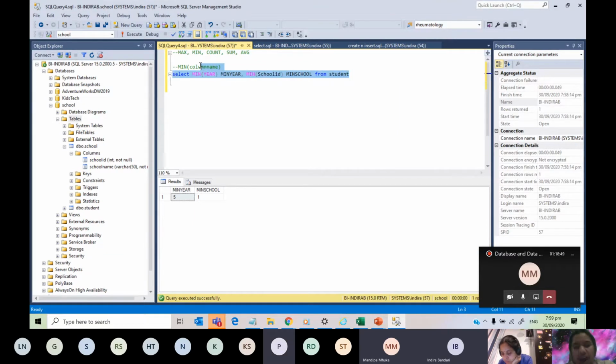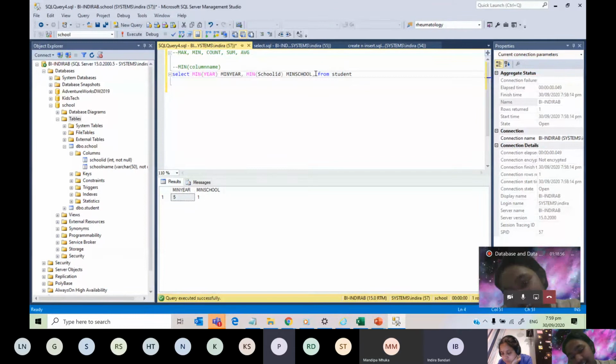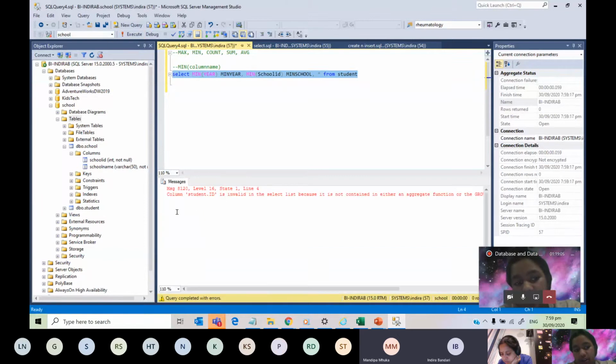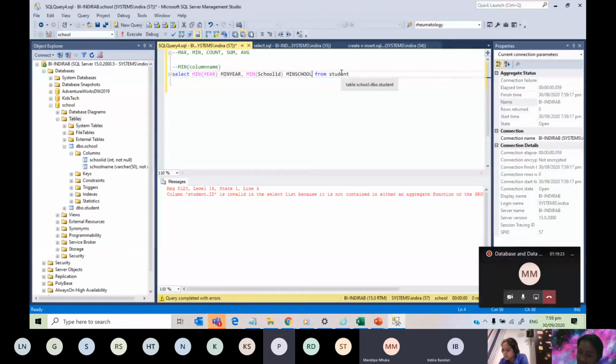Okay, so now, star means all of the columns. So that's why we can't get it. If I try to do it, it will give you an error, because you only want to show two columns. See what it says: ID is invalid in the select clause because it is not contained in the aggregate. Because we are aggregating these two, it is not able to get the star. So that's why it will give you an error. So I'm just removing it. Okay, understood the min function?